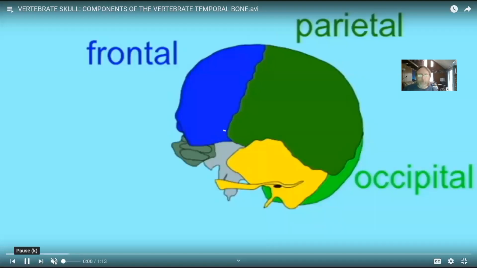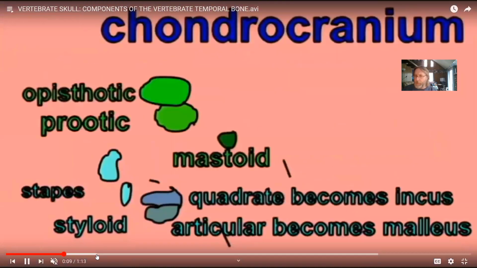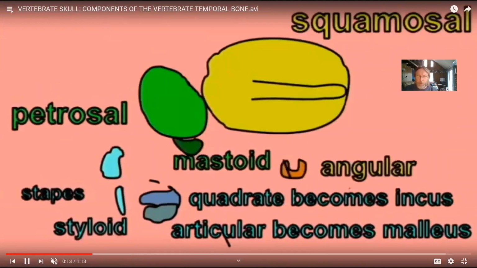And then the same is true of the temporal bone, where while humans have one temporal bone, which is really complicated because it forms part of the zygomatic arch, it has bumps which support muscles like the mastoid process to support the sternocleidomastoid muscle, the styloid process which supports the ligaments of the tongue, but also then surrounds the ear. So it also has holes for blood vessels for the brain. So it's a really complicated bone. And as I had mentioned before, it's a composite bone which starts off as lots of little pieces which gradually